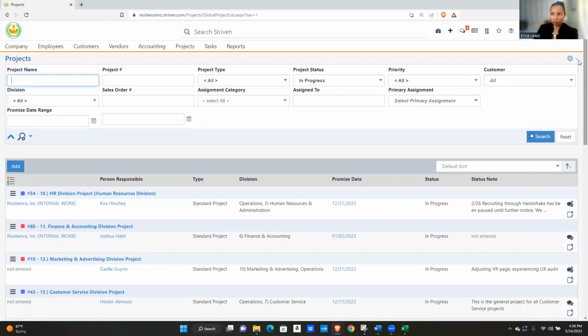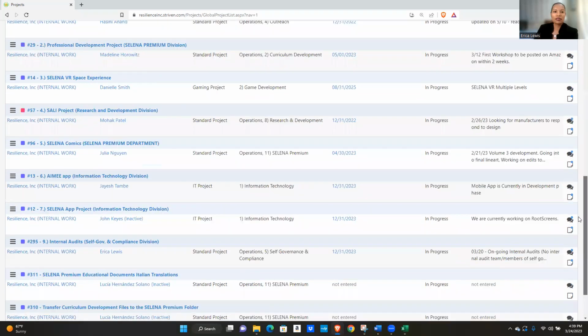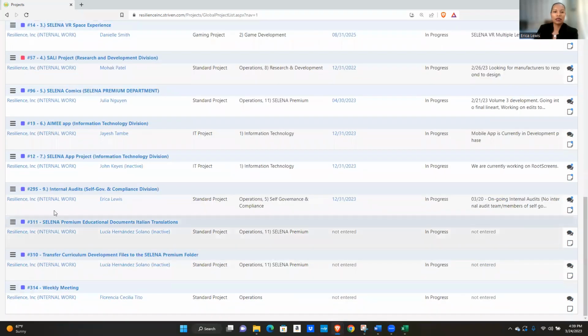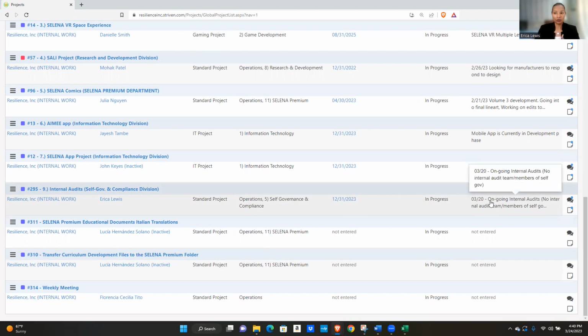So I'm going to utilize the internal audits project as an example, how it should look, okay? So you need to have the type of project. You need to have the division of this project here, the promise date or when it should be done, the status of this project, and notes, just a snapshot of the note, like what's going on with this particular